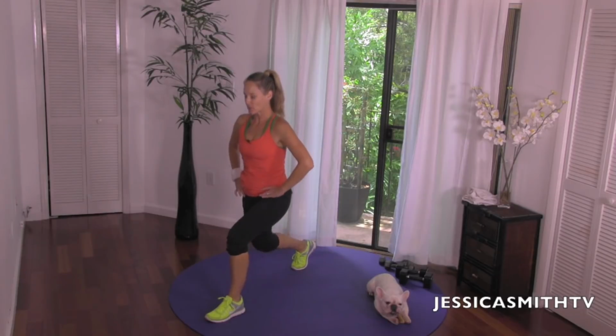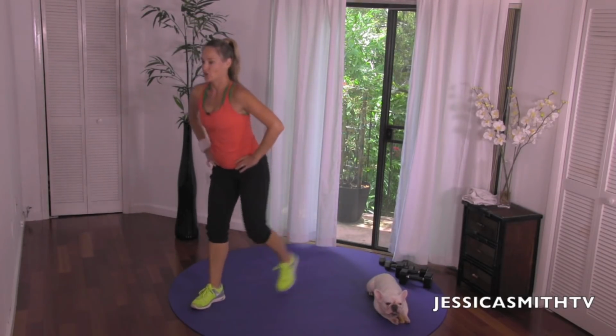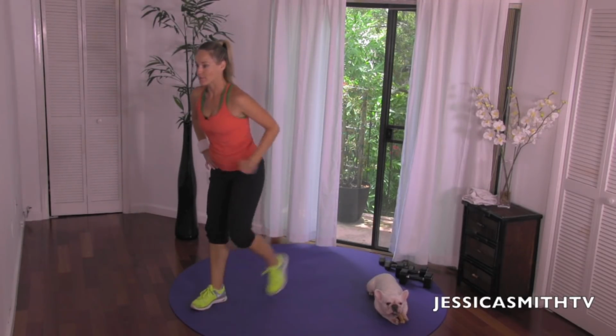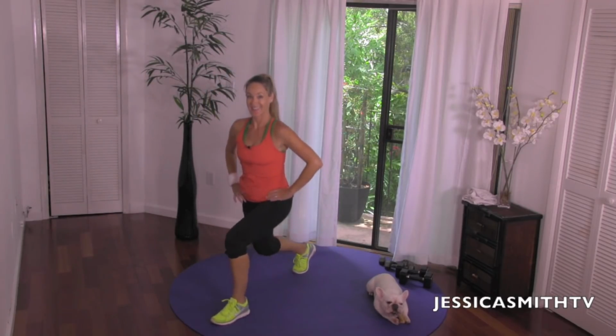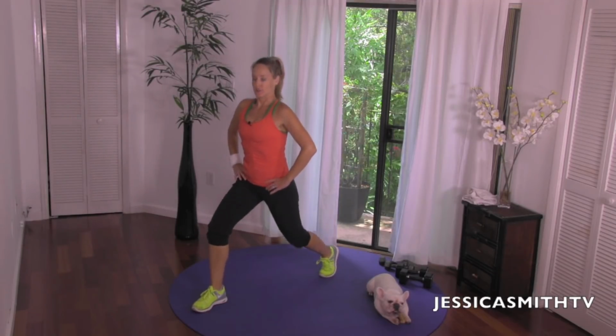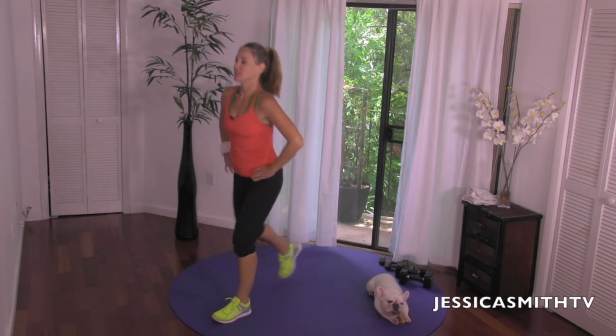Now when you step back in a rear lunge, keep your feet about hip distance apart. So you don't want to step back on a tightrope line. You just want to take that foot right back from where it was. Yeah? Good. Now from here, all I want you to do is with a nice straight neutral spine, begin to